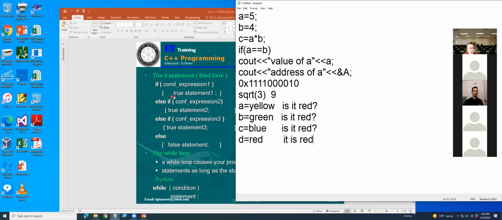The first one, you can say, is it equal to red? No. You go else if red, no. Else if red, no. However, the last one, you cannot say else if anymore. It must be else. That means it must be red in this one. That's just a formula. When you learn and understand C++, you're just using the formula. You have to understand and follow it, then you can do it.